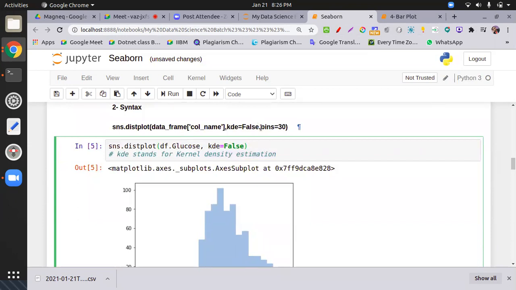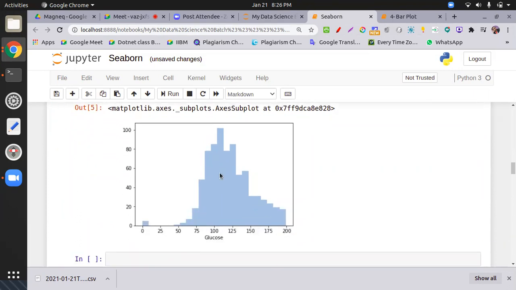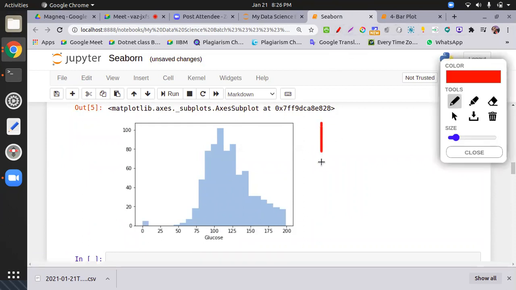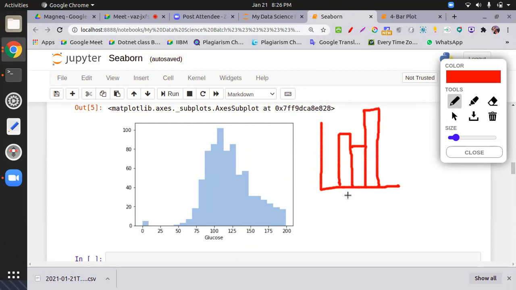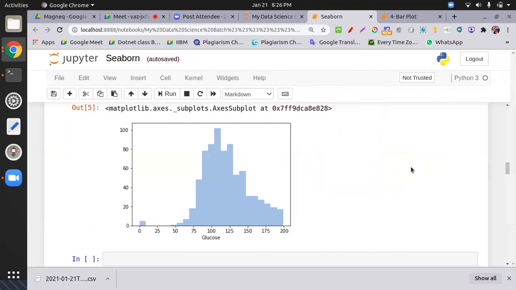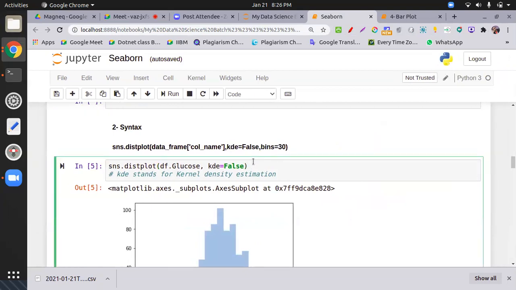The second thing, bins. If you want to increase or decrease bins according to your choice, bins are nothing but the number of bars in the plot. Let's suppose you have a histogram. The bin shows the range. If you have a higher number of bins, you get a smaller range per bin. If you have a lesser number of bins, you get a higher range. Let me put this separately.